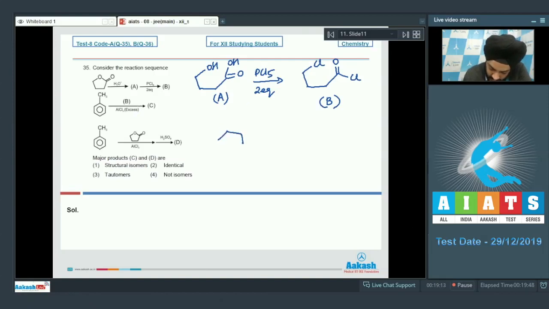When this toluene is allowed to react with the compound B along with AlCl3 as a catalyst, students, this Lewis acid is going to extract a chloride ion. Now we know that chloride ion will be more easily extracted from the acyl group. So this is more reactive since the carbocation formed is an acyl carbocation which has a complete octet of electrons due to the presence of lone pairs over oxygen. So this chlorine will be extracted, students, with a greater ease, and the acylium carbocation will attack the benzene ring at the para position to where the methyl group is present. So we're going to have the formation of